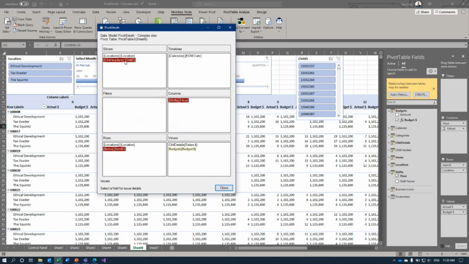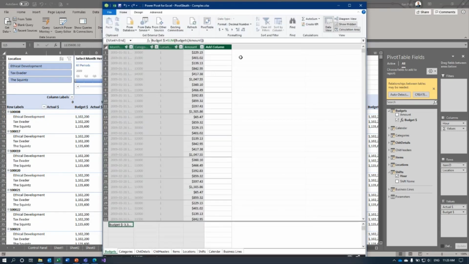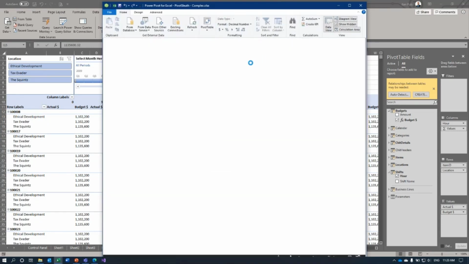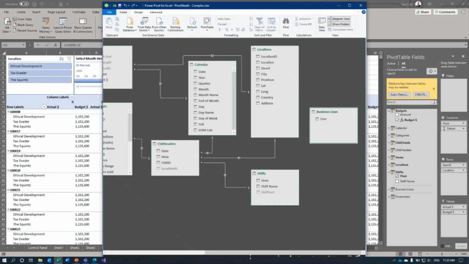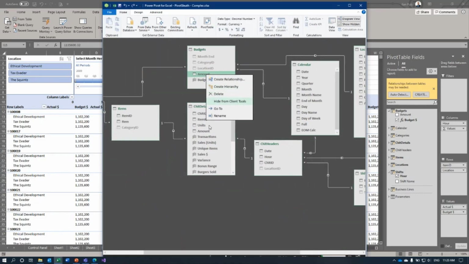So what if I've written a DAX measure for budgets and this is right and this is what I need it to look like? Maybe that's the case. How do I actually fix that? Now we can absolutely do this. This will work and it will make sense, or we can clean up this message and make it go away. So if I go into Manage Data Model, all I actually need to do is come back to my budgets table and say, look, this unaggregated column here for amounts, I'm going to hide that from Client Tools,